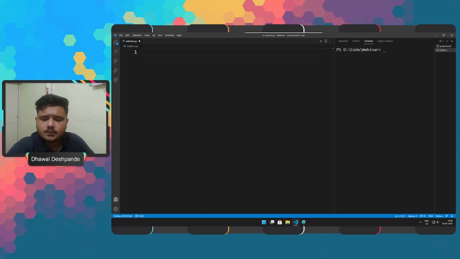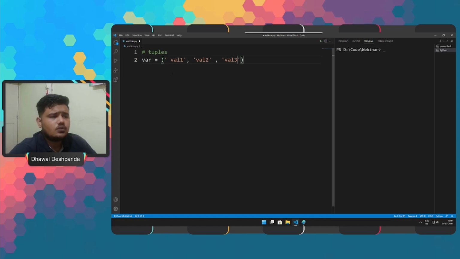So when we talk about a tuple, we assign a variable and we provide the values within brackets, right? So this is the syntax of how we define a tuple, right?